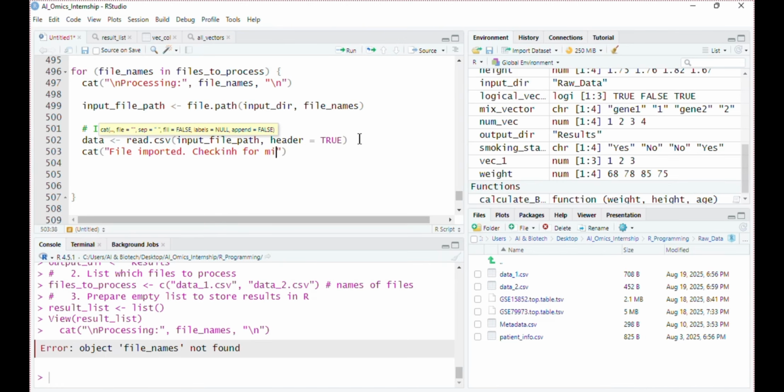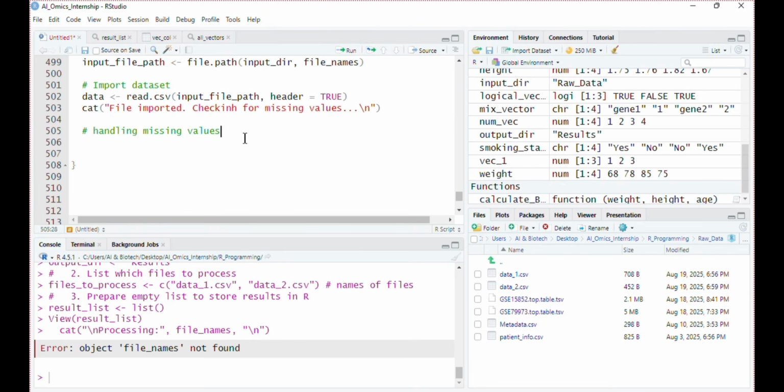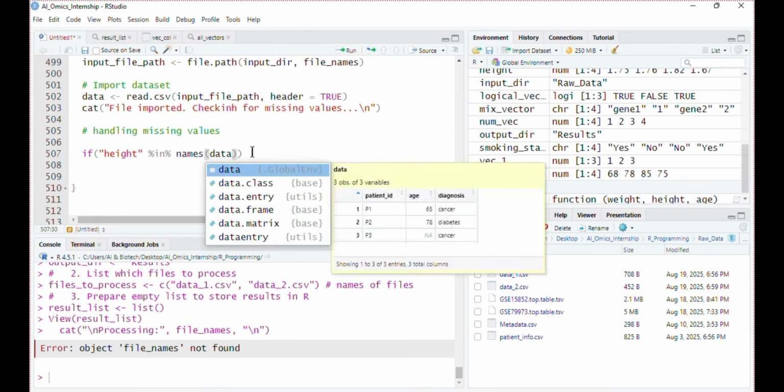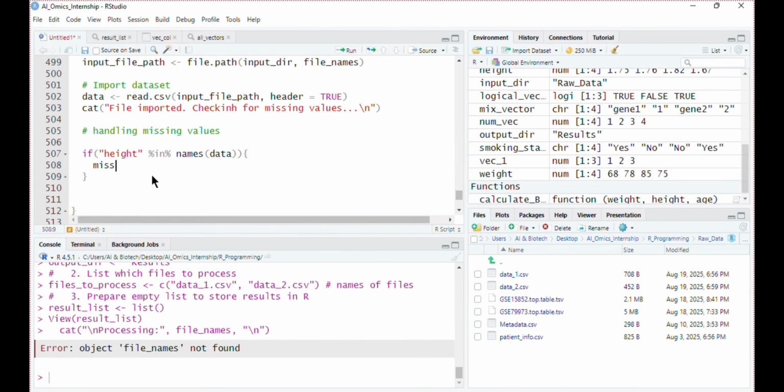After the file is imported, we have to handle missing values. To handle missing values, we specify the conditions. First we need to check missing values by using this if condition. It will check if we have any missing data. So missing count of the sum is.na